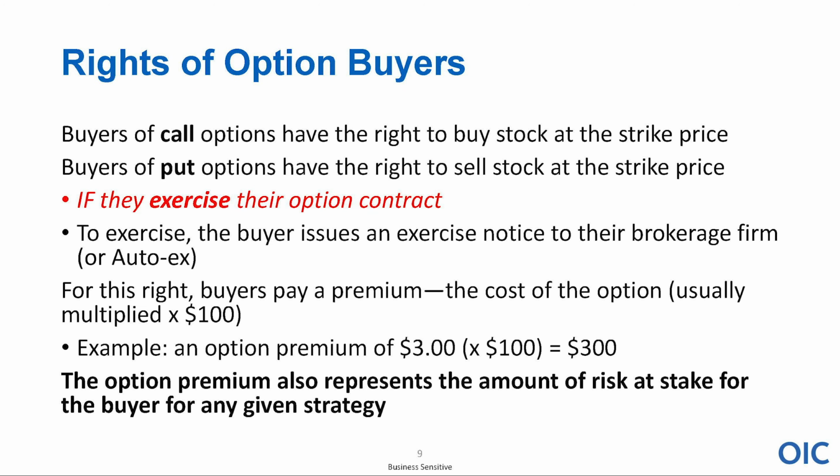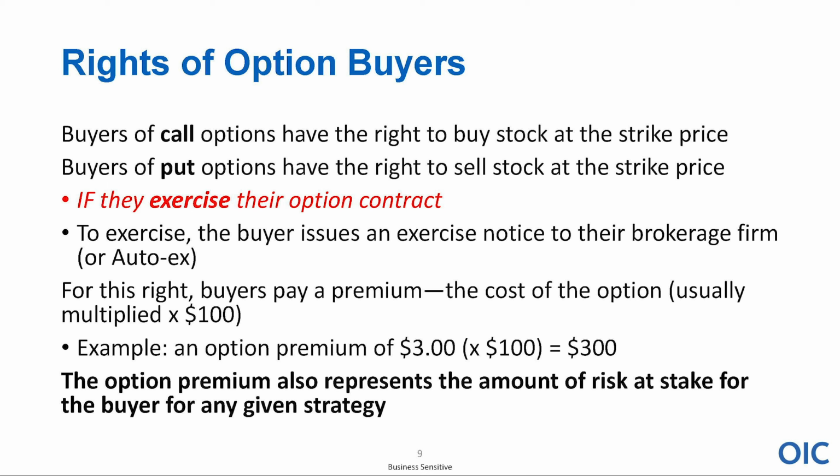So a buyer of a call has the right but not the obligation to buy at the strike price. It's your right to do something. A buyer of a put has the right, once again, but not the obligation, to sell the underlying shares. So here's what you have. If I buy an option, whether it's a call option, the right to buy the shares, or a put option, the right to sell the shares, I have the right to do something. I can sell this option at any point in time. Say I bought a December option this morning, and 5 days later I decide I no longer wish to hold this particular option. I can go back in and sell that option.